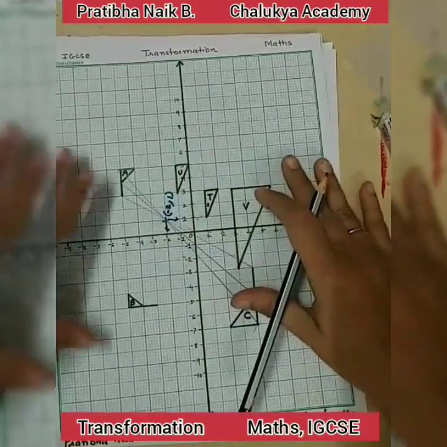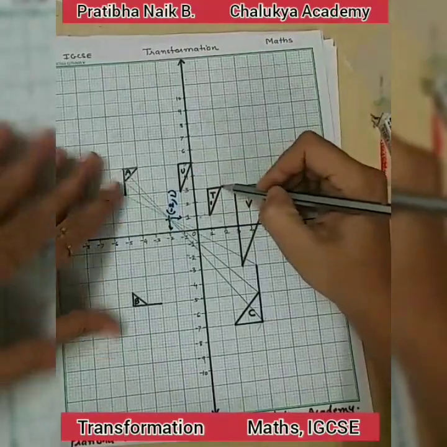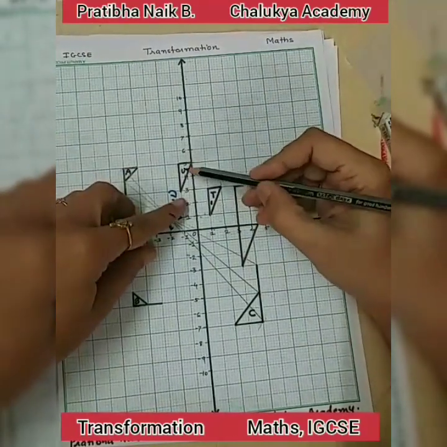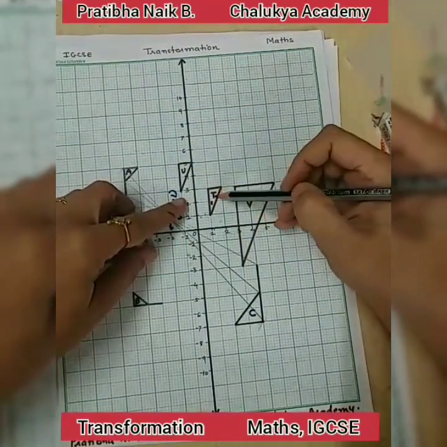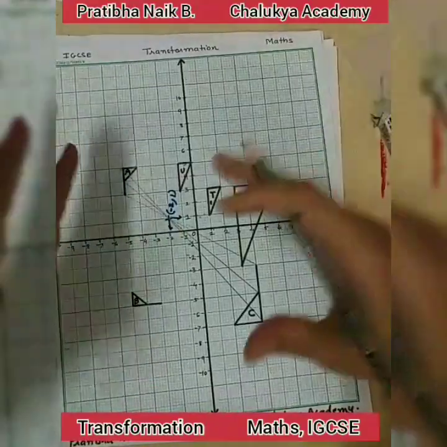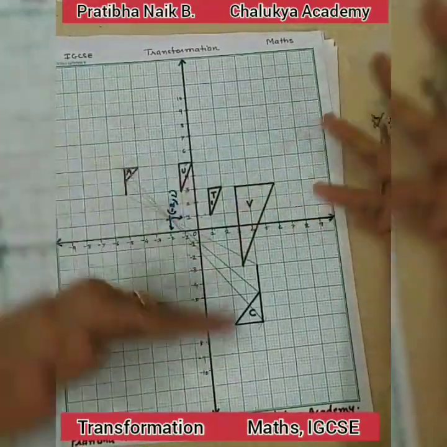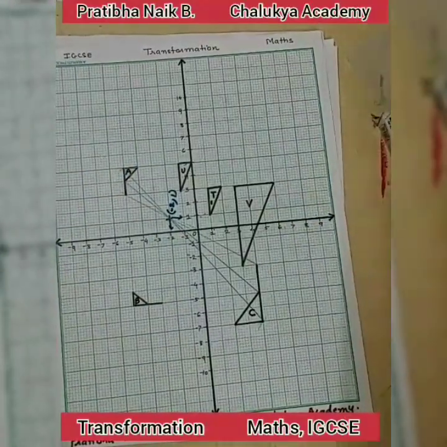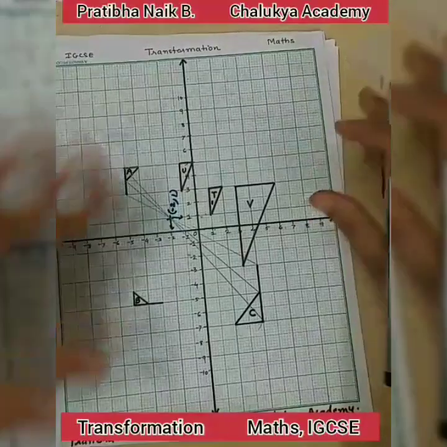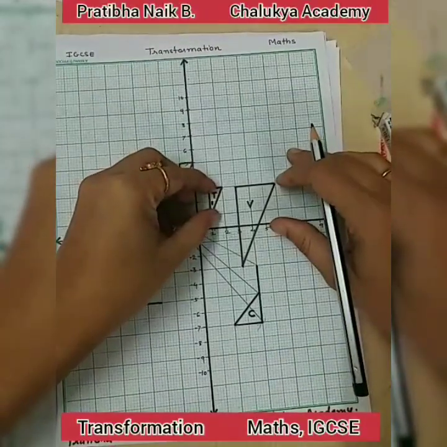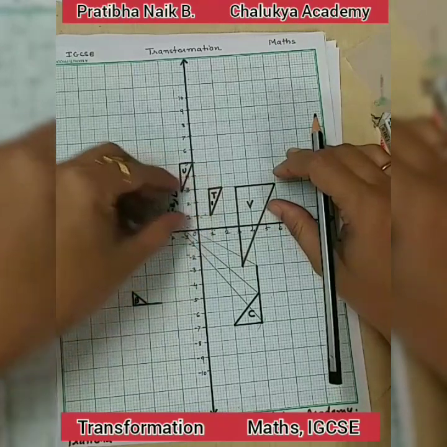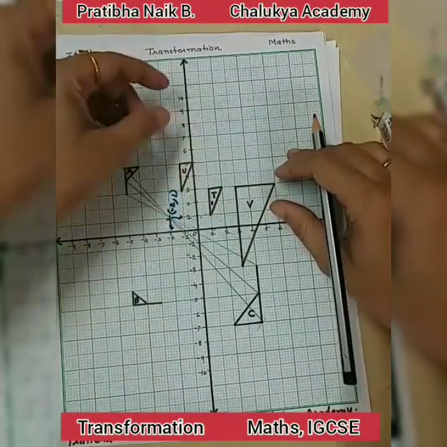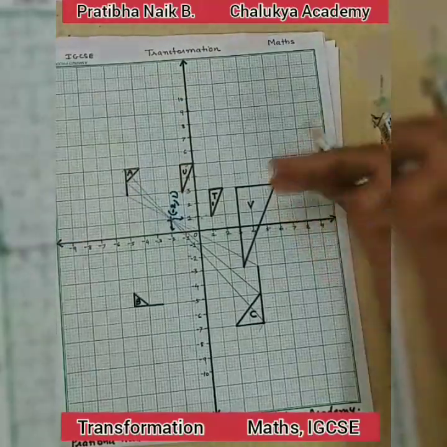So you can see here in this case the direction is not rotating at all, the direction is the same. Next, it is not an enlargement, because in an enlargement the size will change, not the shape, and in a rotation, as we discussed, there is a change in the direction. So it might be a translation, because you can see that the object is moving first towards the left side and then upward.